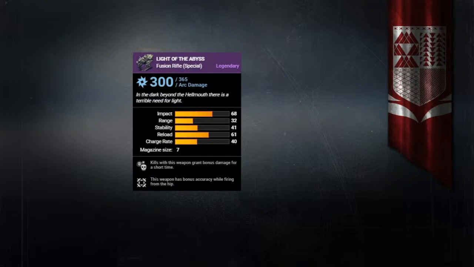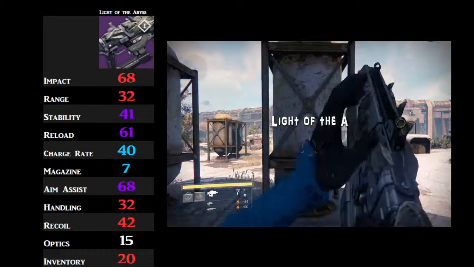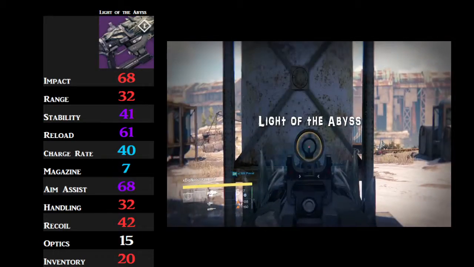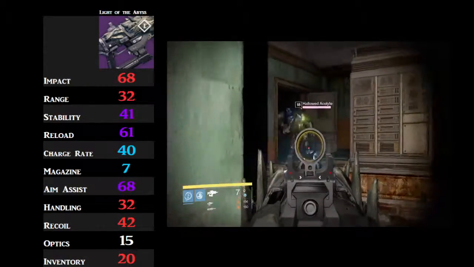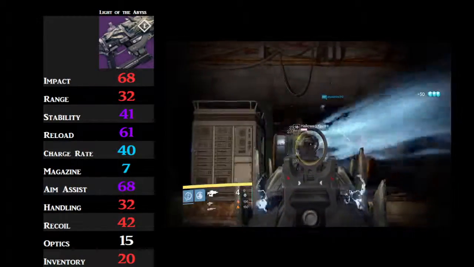So our last category of fusion rifles, the high 60s, goes to Light of the Abyss. This weapon can be found from the Crota's End raid, dropped off normal or hard Crota himself. That is right, it is a singularly occupied category. Now, for some reason, I didn't feel quite right in comparing this fusion rifle to another category, but instead, I compared this fusion rifle to fusion rifles in general, to find out where it sits, considering it is something of a lone wonder. Now, of course, it holds the lowest impact of any other fusion rifle, and it actually holds some